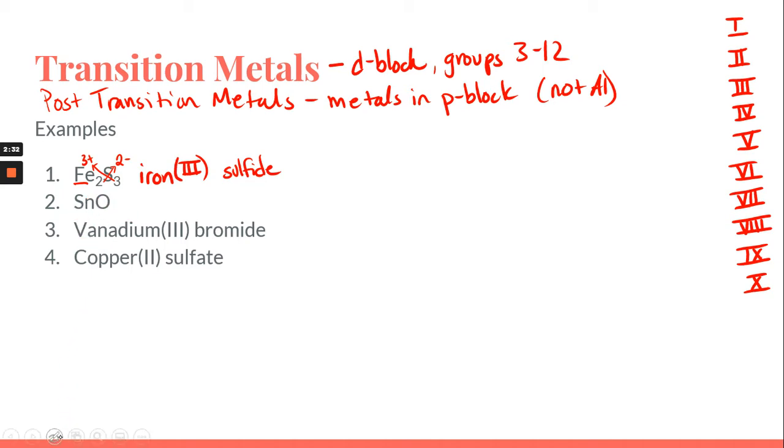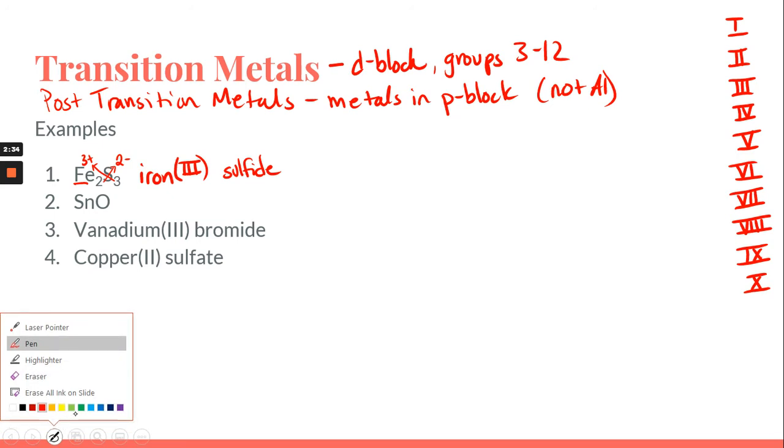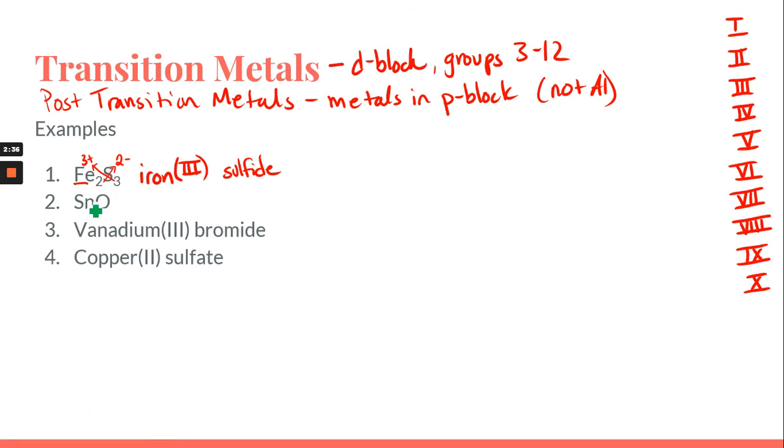Next we're going to do SnO, that is not snow. All right, Sn on the periodic table is tin. Tin is a post-transition metal. It's one of our metals in the P block, so we still need the Roman numeral. So we're going to uncross our charges. Well, you might be thinking, but there's nothing down there. That just indicates that it was reduced, meaning the charge on the tin and the charge on the oxygen have